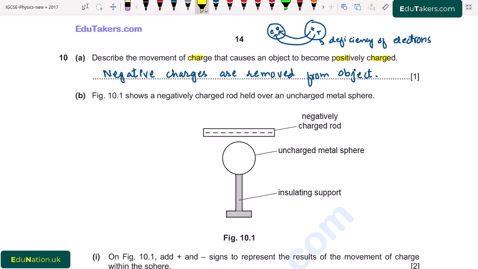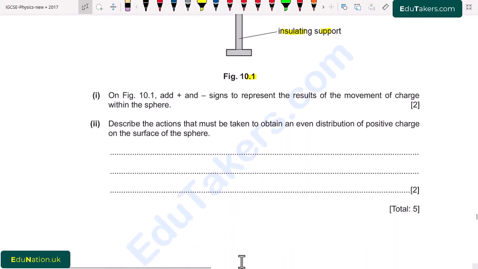Part B. Figure 10.1 shows a negatively charged rod held over an uncharged metal sphere. So in figure 10.1 we can see that there is an insulating spot and an uncharged metal sphere, and there is also a negatively charged rod that is placed over the sphere. Part first. On figure 10.1, add positive and negative signs to represent the result of movement of the charges within